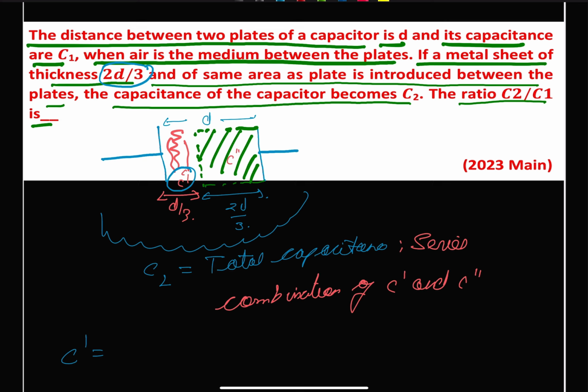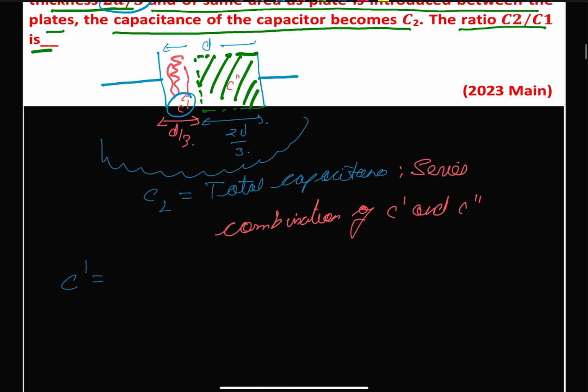Okay, so we can say our C prime will be equal to epsilon naught A, area is same, divided by d by 3, because in this case air is the dielectric, and our C double prime will be equal to its dielectric